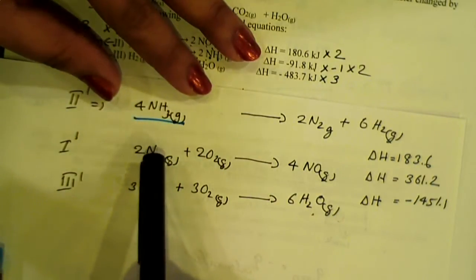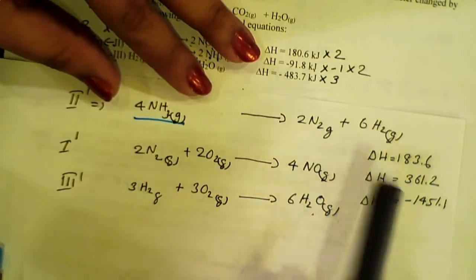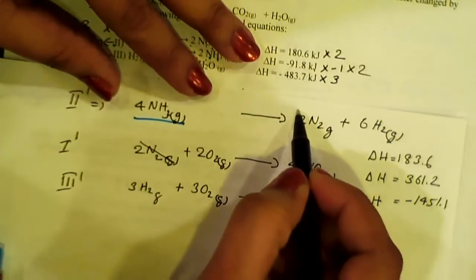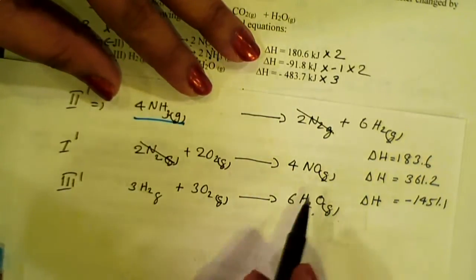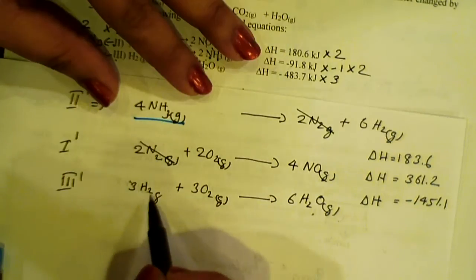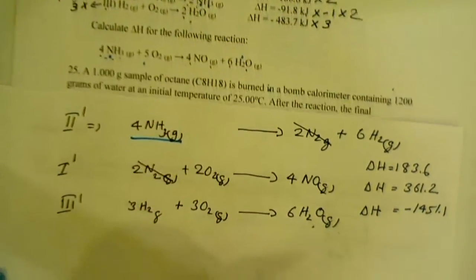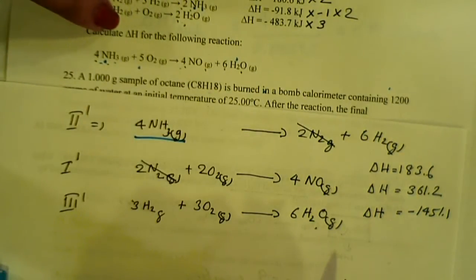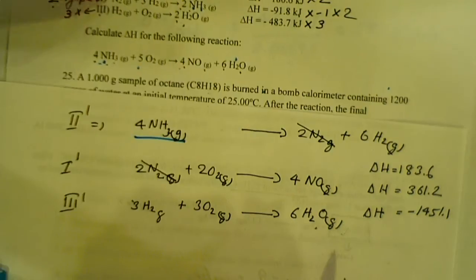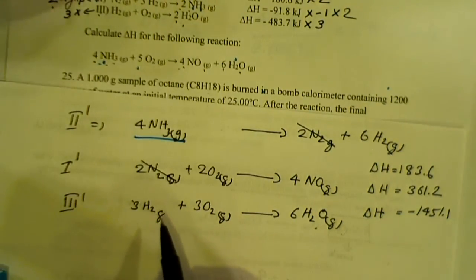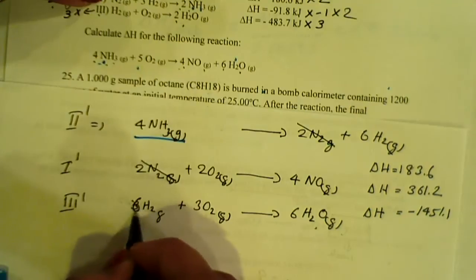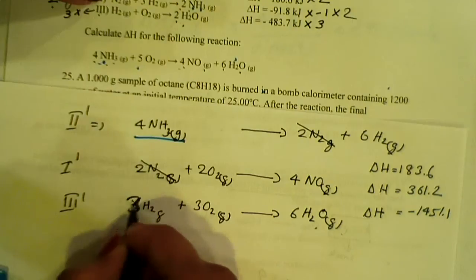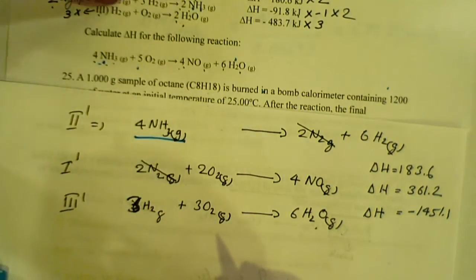Similar to a mathematical equation, if you have the same terms on both sides, you can get rid of them. Let's consider these arrows as an equal sign. So you have 4 NH3 here on the reactant side, and there is no other NH3 on the product side, so this stays the same. You have 2 N2 on the reactant side and 2 N2 on the product side, so that will be cancelled out, and you have 3H2